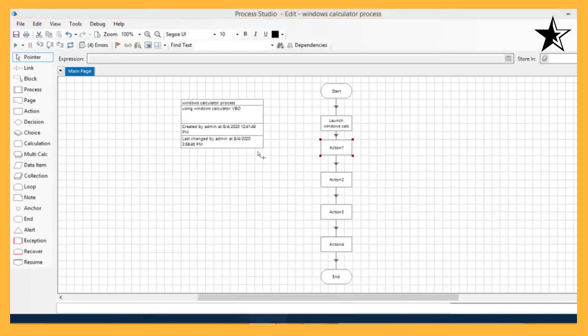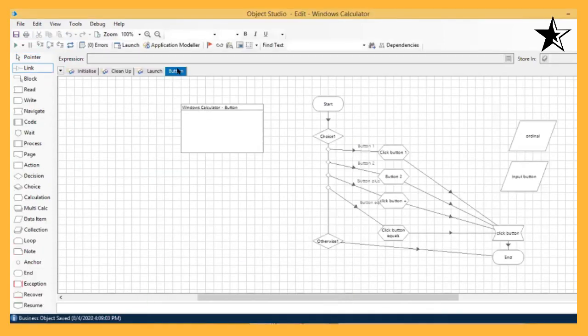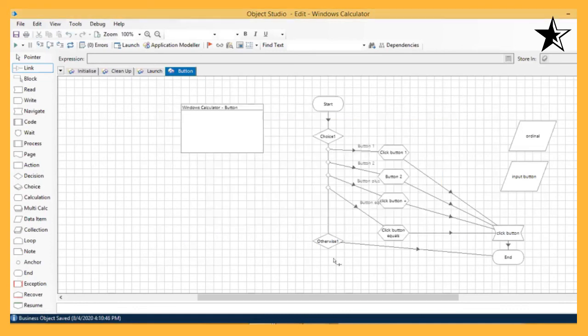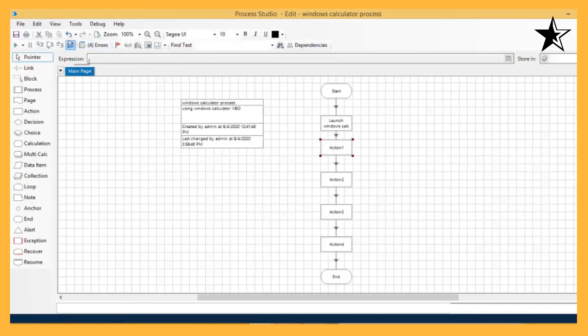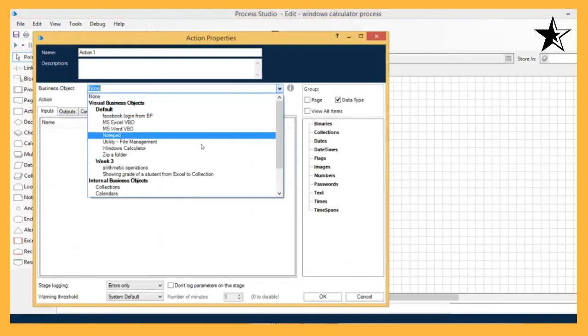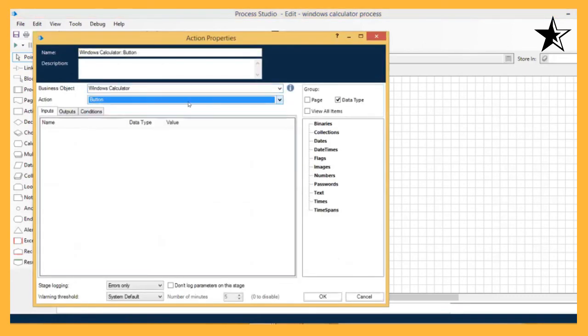Probably I didn't publish that. Yes, it was not published, so I need to publish it. Publish it, refresh, reset, and save. Process Studio, again resetting it, refreshing it, going to the action, Windows calculator. Now I can see button and I will click on OK.